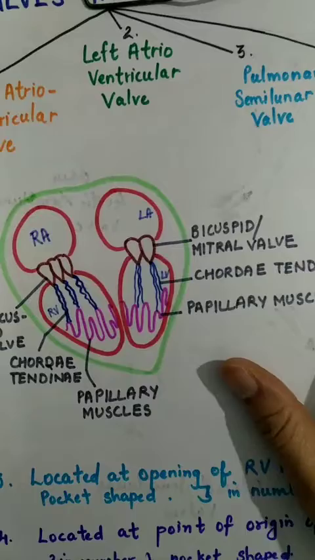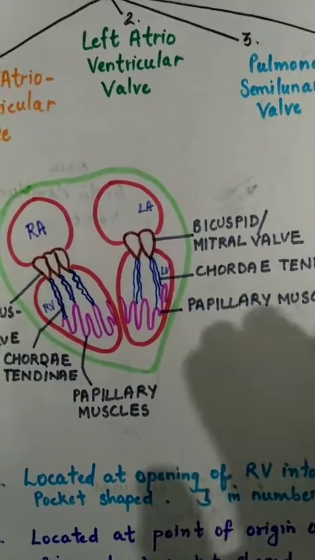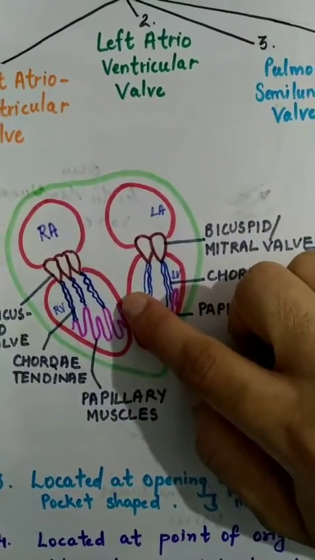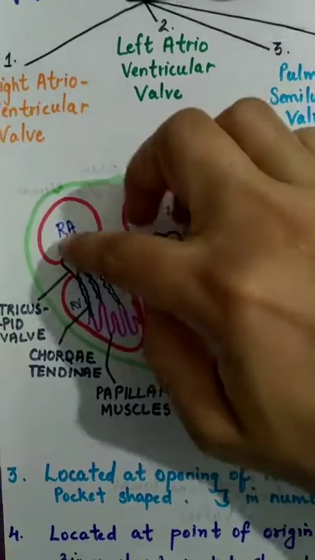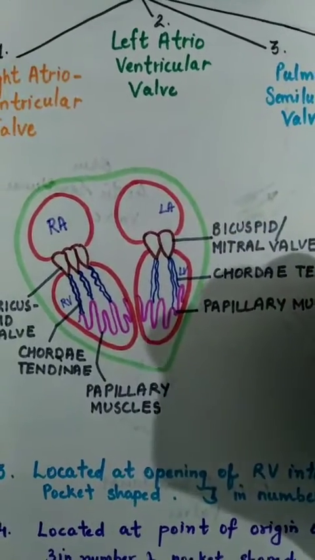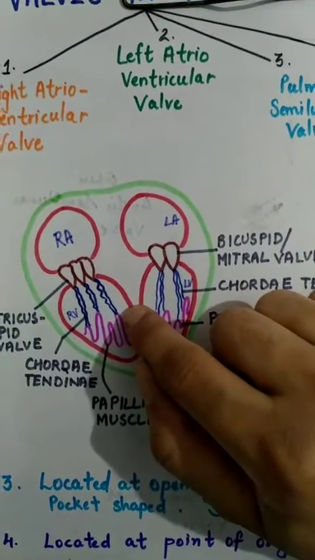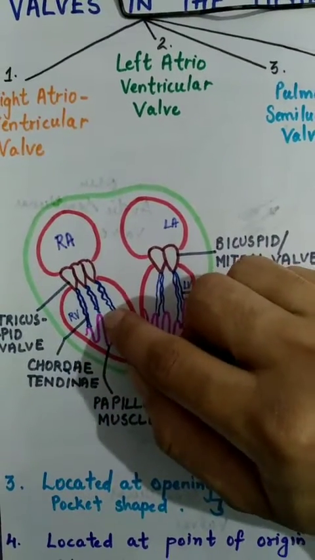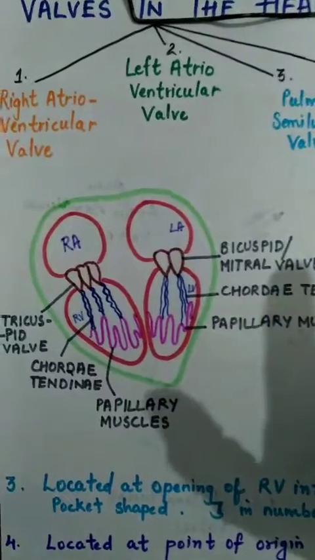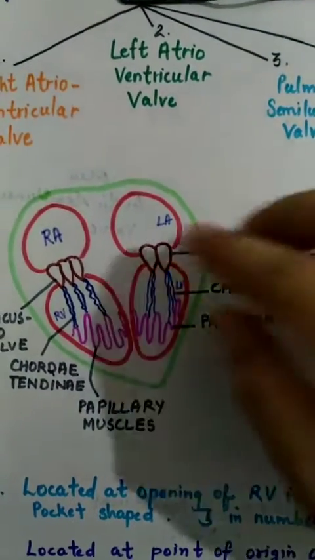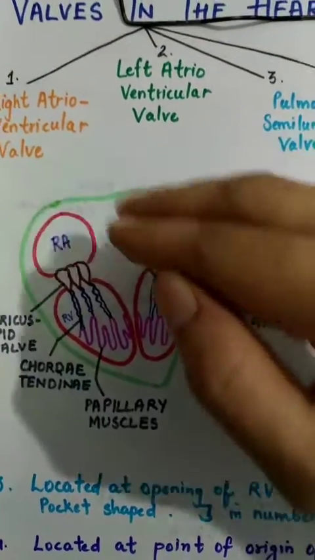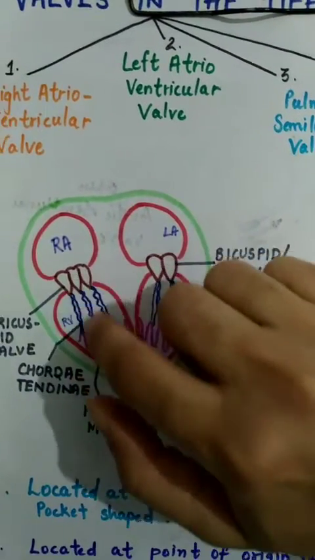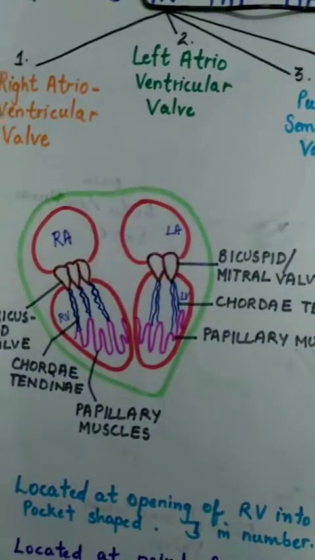What it does, it keeps these flaps in position. When the blood flows from RA to RV, these flaps just open up and the blood is poured into the right ventricle. But when from the right ventricle the blood is pushed into the pulmonary artery, what happens? The blood can move back to the RA. There is the chance that the flaps may turn in that direction and the blood, instead of entering into the pulmonary artery, enters into the right auricle. That process we do not want to happen.